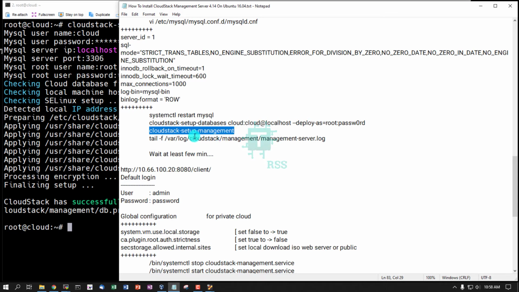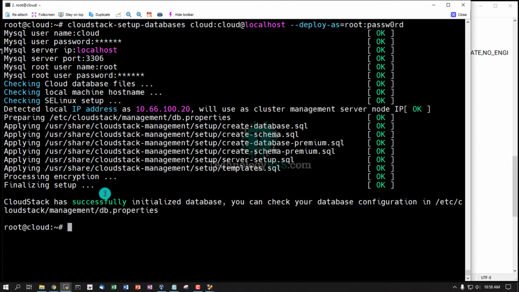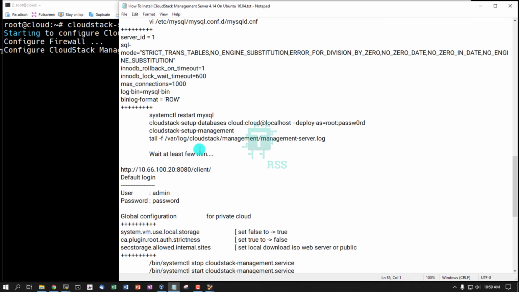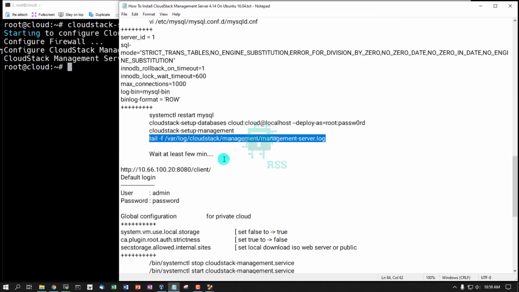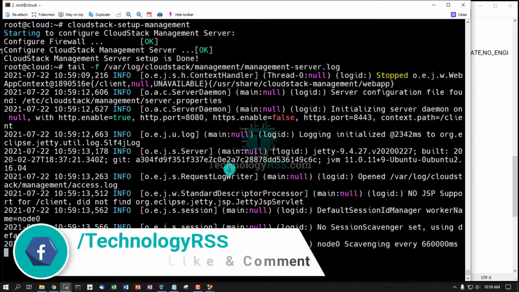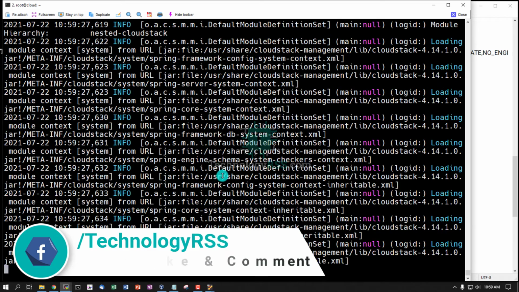Then CloudStack setup management. I see CloudStack has successfully initialized the database. You can check your database configuration in the etc cloudstack management db.properties file. You can check this and then wait at least a few minutes. All is working fine, and then see the log file and import the default database into my CloudStack